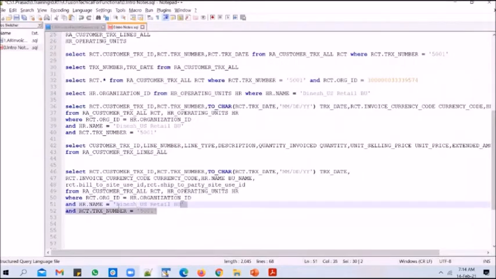You go to the main query, invoice query, and you replace this hard coding. You take it off and you put a colon. Colon indicates that you want to create it as a bind variable, which gets created automatically as a parameter. So put a colon and start with P underscore to indicate that it's a parameter.